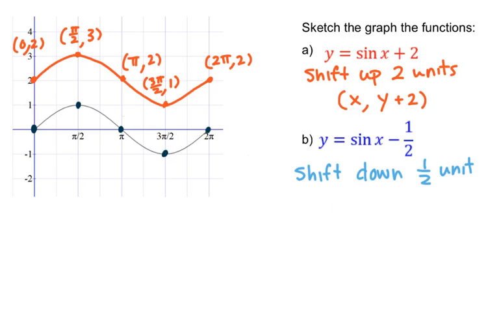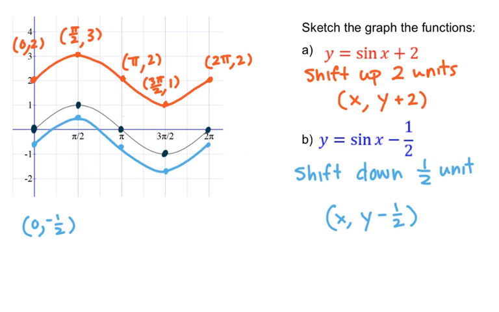So that means I'm going to take all of my x, y ordered pairs and subtract from them 1/2. So moving each of these points down 1/2 a unit, my new sine curve for part B looks like this. And my key points would be 0, negative 1/2; pi over 2, positive 1/2;